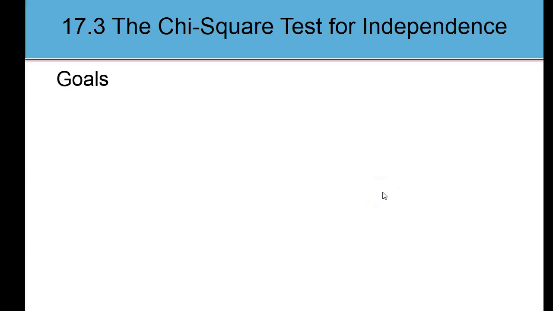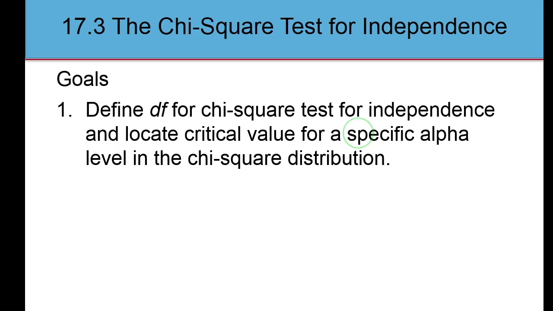Greetings, this is Dr. McGuire, and this is the third screencast for Chapter 17, in which I focus on Section 17.3 with the following learning objectives. 1. Define degrees of freedom for chi-square test for independence, and locate critical value for a specific alpha level in the